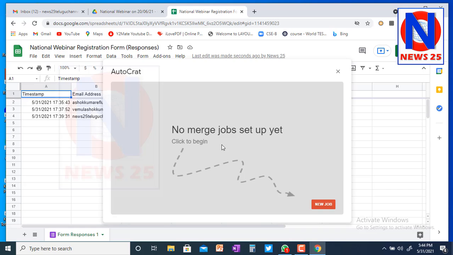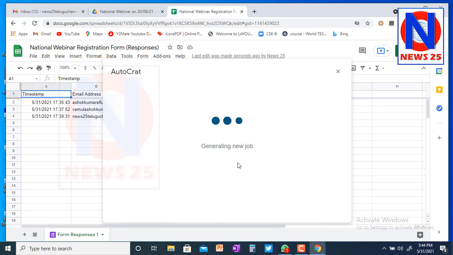Right, so no jobs set up yet, which means we have not created any job. So today we have to create a job. What is the job? To send certificates, participant certificates, automatically to their mails. So that's what we are going to send. Now click on new job.